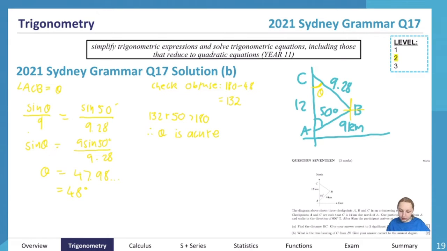So then from there, we've found that angle, and we can say that our bearing is therefore equal to 360 minus 48, which is going to be equal to 312 degrees true. Okay,